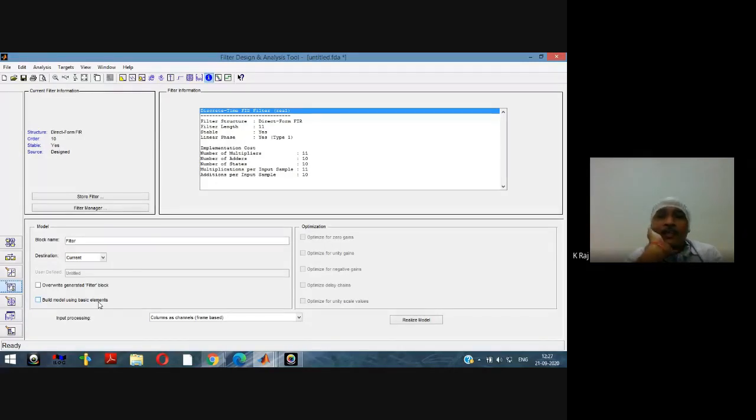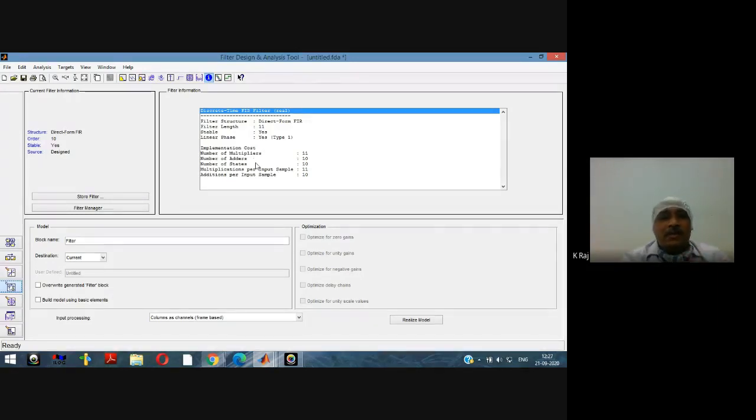I am giving you the hint. We have just described the adder, and see here the filter information. What are the basic blocks? The multipliers, adders, and the energy storing elements.